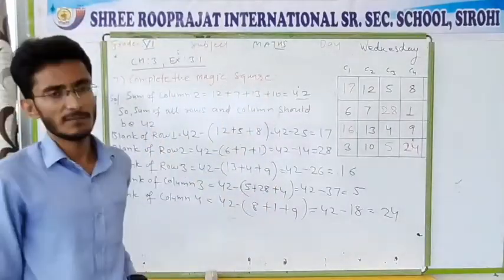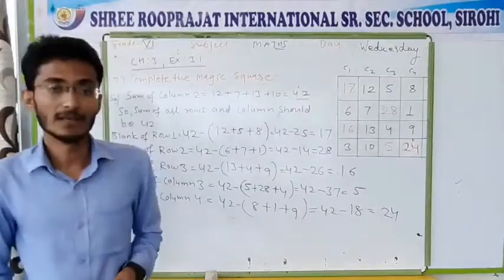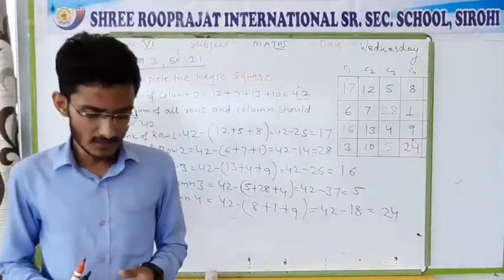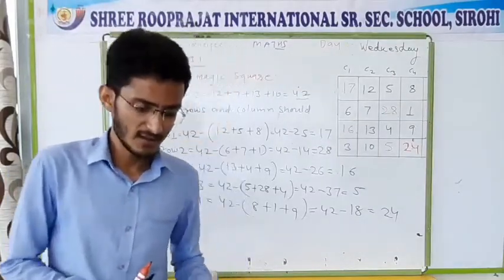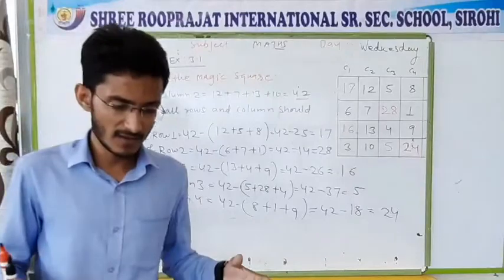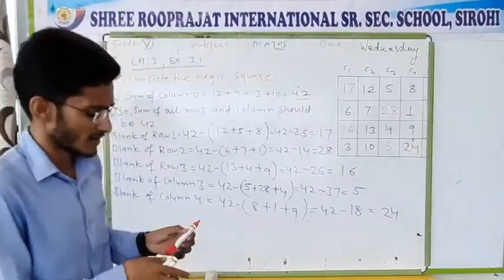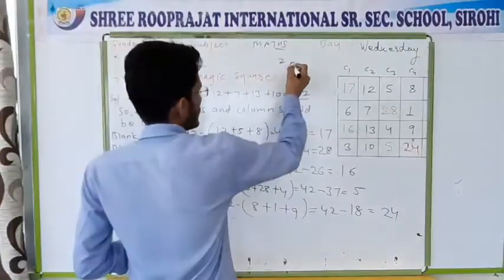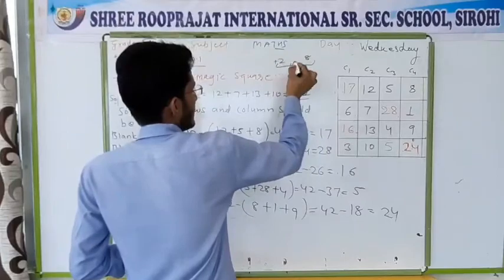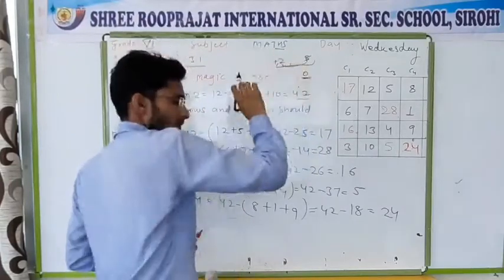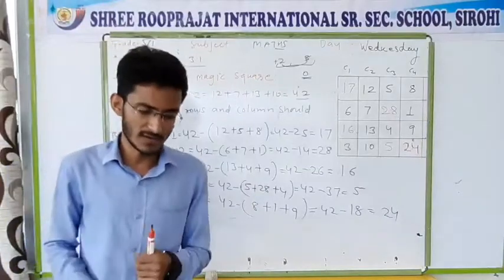So that is a complete magic box. There is one more question you have to solve yourself. Question number 8 is to find the sum using the most convenient combination. There are 6 numbers given. It's just like question number 4 where we rearrange the numbers in a suitable form, like the last digit is 2 and the last digit is 8, and we rearrange the numbers so we can add 2 and 8, and in the end we will get a 0. So same as question number 4, you have to solve question number 8.